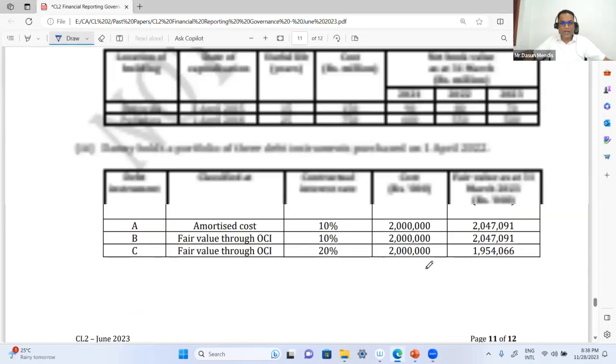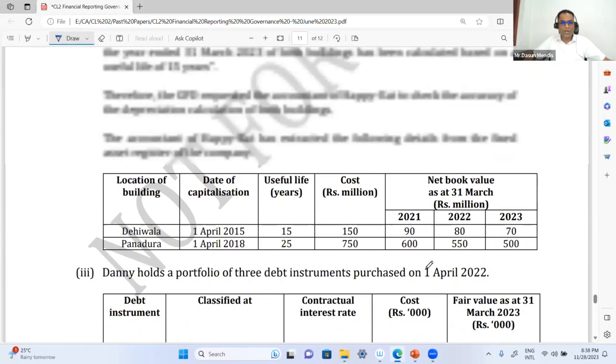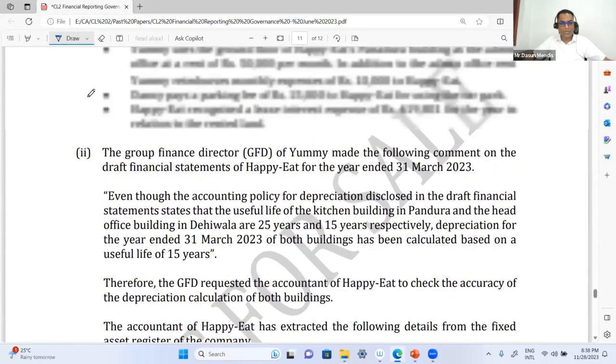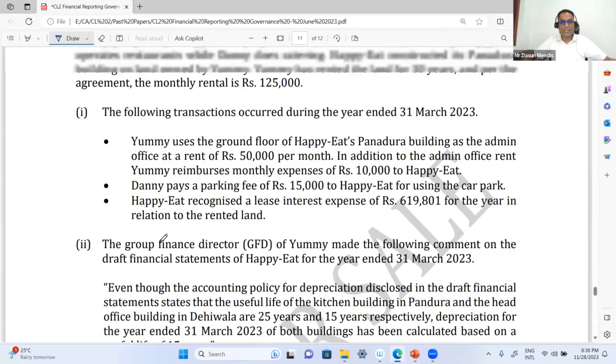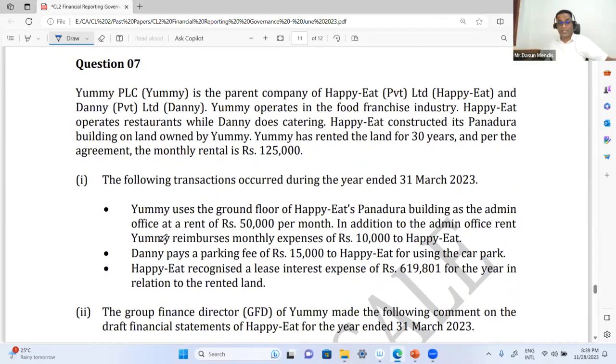Right. Let's start reading the question from the beginning and then look at Roman number 1 and see whether we can answer that question. So a simple question, 4 marks.